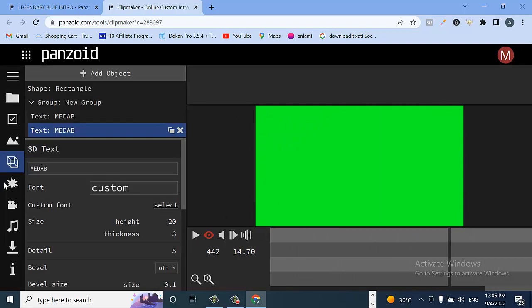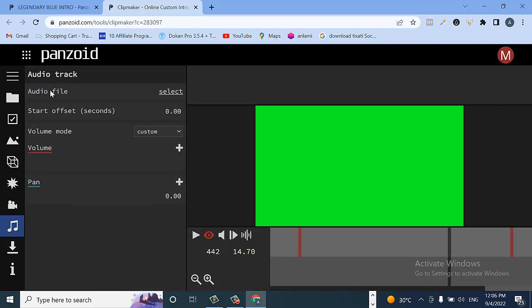So the next thing you do, if you want to change the music that is playing there, you can come to this icon and click on it. Then you can upload your music file from your computer if you have another music you want to use and replace it. You can also reduce the volume of the music and you can increase it here. So that's all. Once you are satisfied with whatever you have done,